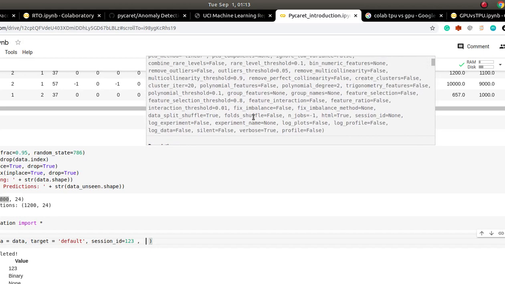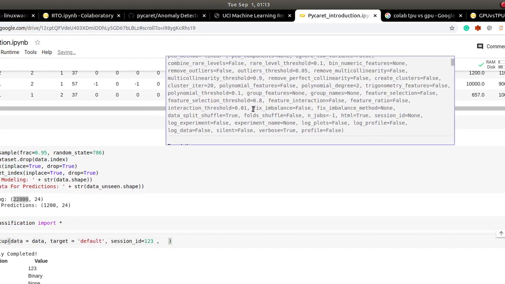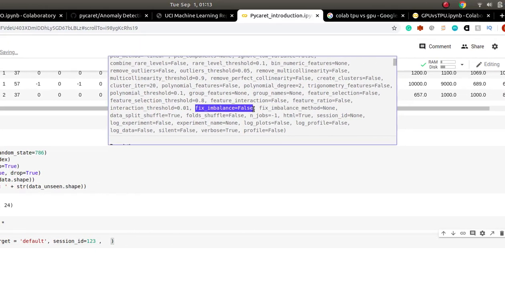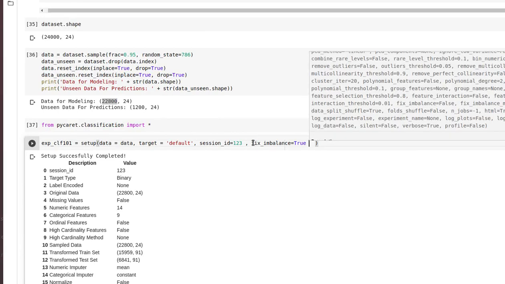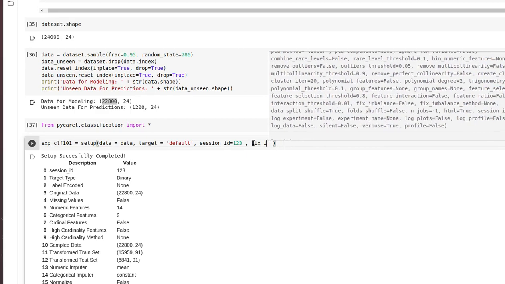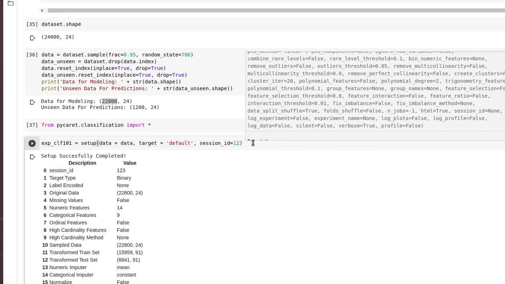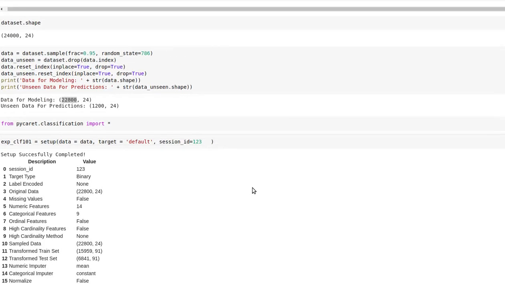There are various different processes. Suppose my dataset is not balanced, I can use fix balance. At the back end, they use some algorithm, maybe SMOTE or something like that, to balance the data. I'm not using it right now because it takes a lot of time to train the model.